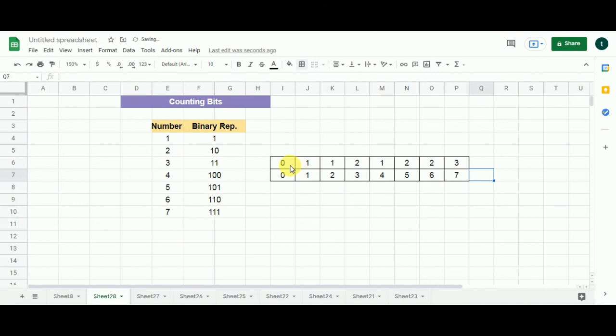So we have generated the array, each cell of which contains the number of ones available in the binary representation of the index it represents. So we have got our final array, each cell of which contains the number of ones available in the binary representation of its corresponding index.